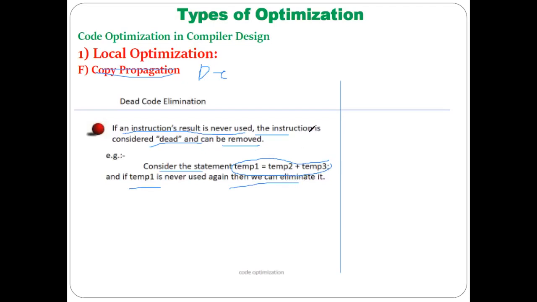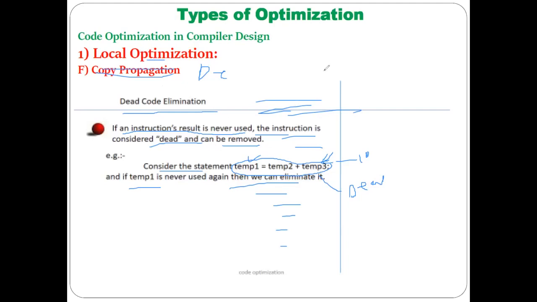Understood? So if there are certain lines of code, and this is line number 10, and below it there are also a number of statements, but in this program, if this instruction never gets utilized, then this is considered a dead instruction or dead code. So elimination of that dead code also comes under the category of local optimization. That is considered local dead code elimination as a local optimization technique.